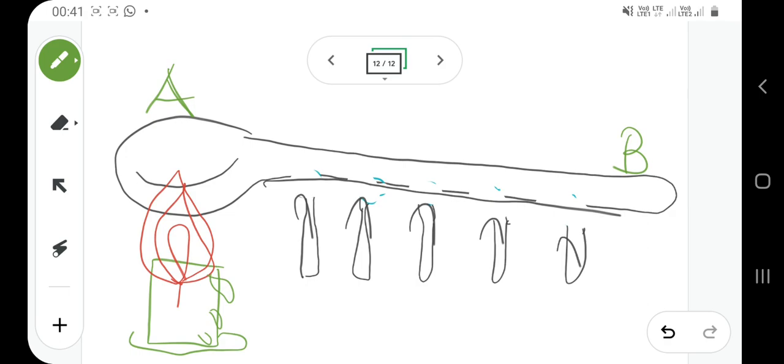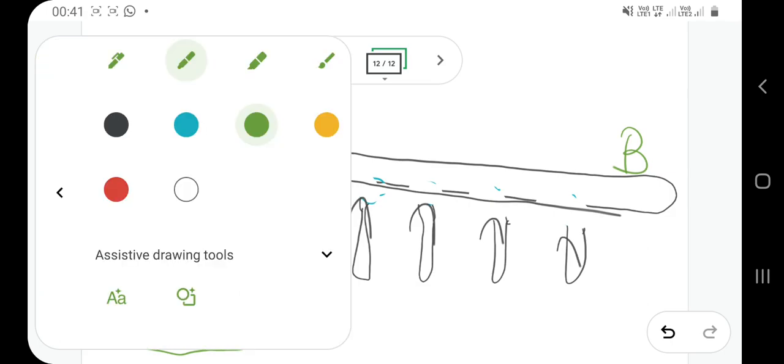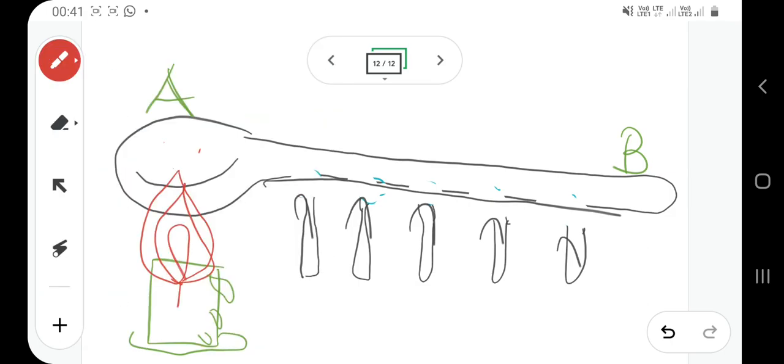So it happens gradually. What is actually happening is that everything is made up of atoms and molecules. The molecules or atoms of this metal spoon will interact with each other, and they will help the heat to flow, and that is why we say that metals are good conductors of heat. This is what we call conduction.